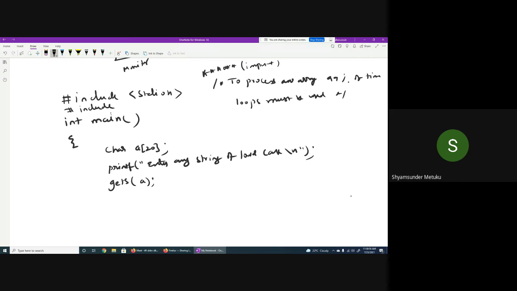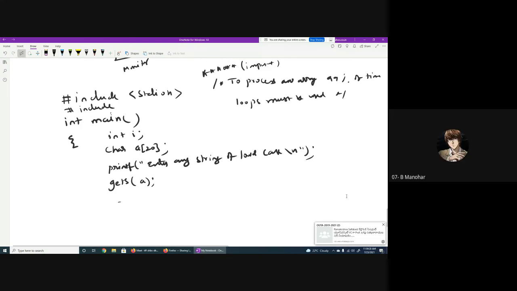So to make use of the loops, I need to declare one more data type. Which data type is it? Int, sir. Int i, isn't it? Okay, so which one should I use now? While or for loop? Which one is correct? For, sir. Why for?